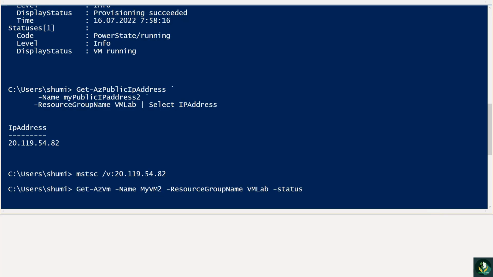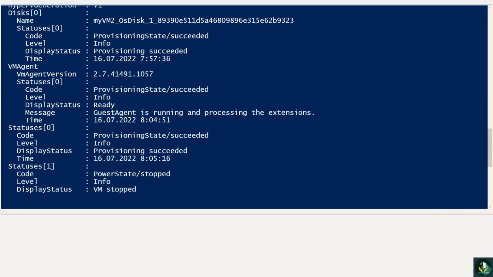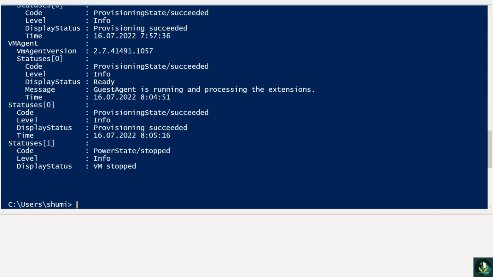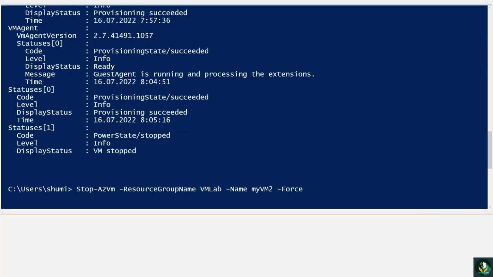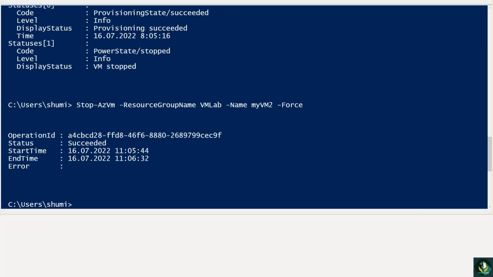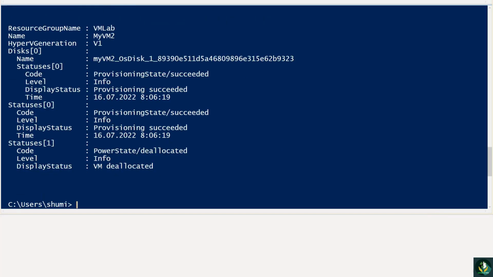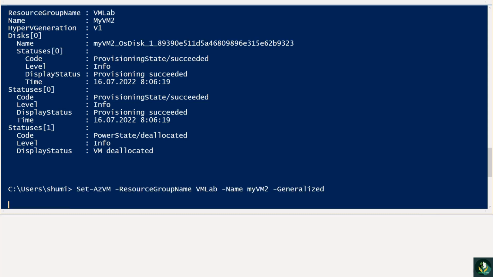Then second, stop and deallocate the virtual machine by running the following command: Stop-AzVM -ResourceGroupName VMLab -Name MyVM2 -Force. Then run the Get-AzVM command to be sure the virtual machine is stopped and deallocated. So we'll type Get-AzVM -Name MyVM2 -ResourceGroupName VMLab -Status. And once the virtual machine has stopped and shows deallocated, when you run Get-AzVM, set its status to generalized using